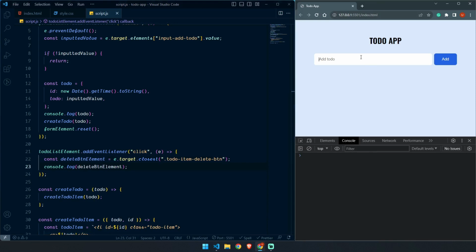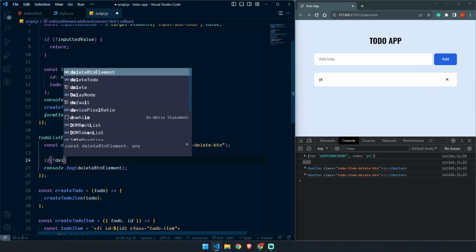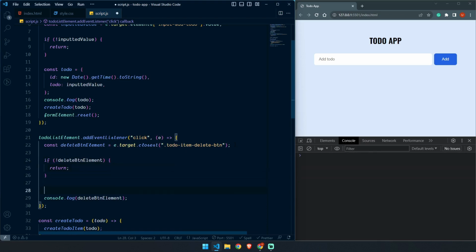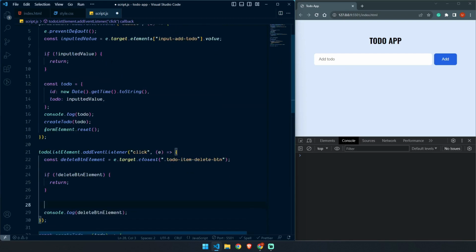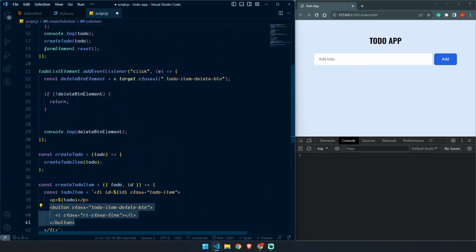Now we can print this one here and see what will happen. When we click, we can see null because we don't have any closest element of button. And when we click here you can see this is the closest, and now it's targeting this button. So if there is no button we simply return. If we have a button, we can select the parent element. Here you can see this is our button and the parent element is li. So we can do here